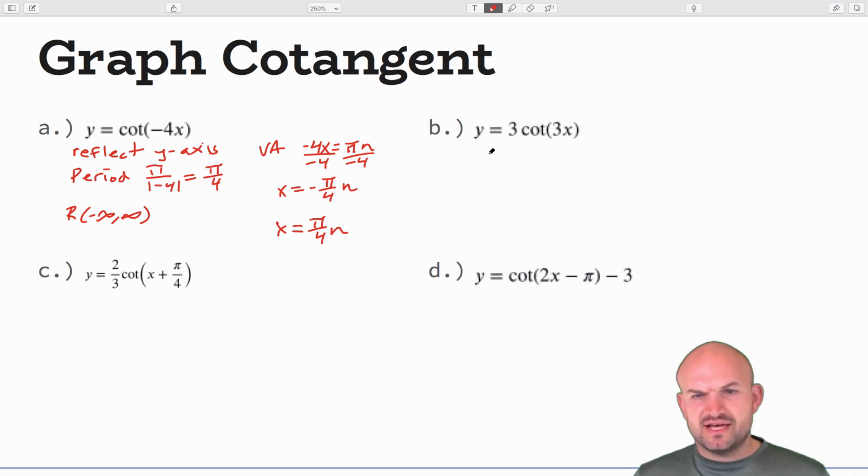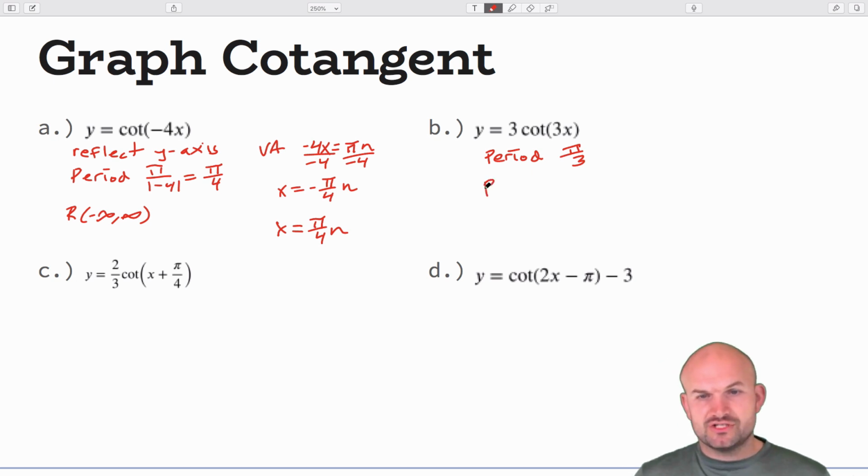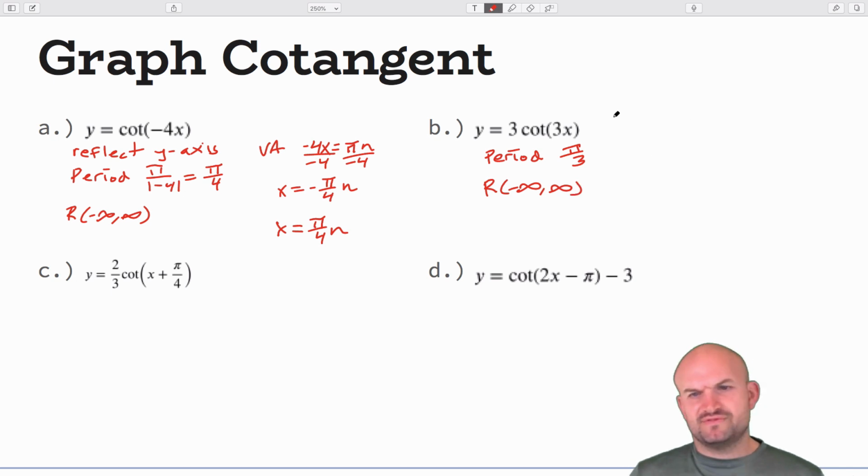All right, so in this case, we just have period is going to be pi divided by 3. That was easy. Pi divided by 3. No other transformations. You could say a vertical stretch if I asked for it. The range is going to be negative infinity to infinity. I guess I should have shifted one, down one, but why don't I do that? Why don't I just do a +1? Just change that. So therefore I could do a vertical transformation of up 1. And then I could say my vertical asymptote is going to be x equals, oops,